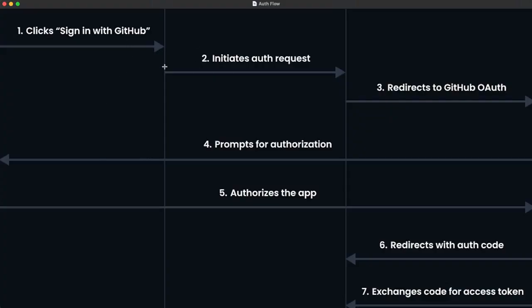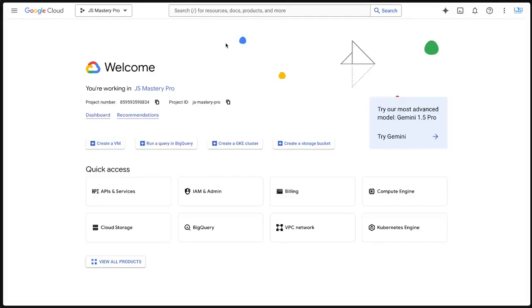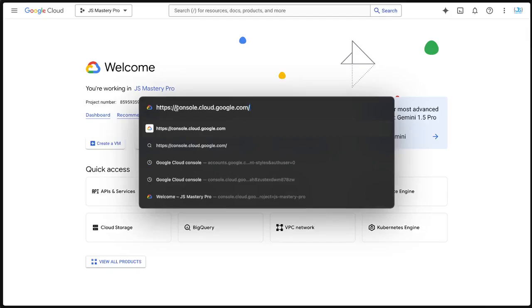The process of signing up with any kind of an OAuth provider is almost the same for all providers. Here it says GitHub, but you can basically think of it as Google, Facebook, or whatever else it is. So we'll once again follow very similar steps. But this time, instead of heading over to github.com, you'll want to head over to